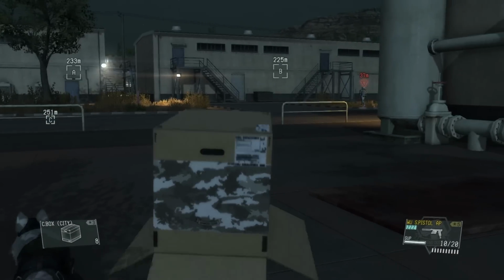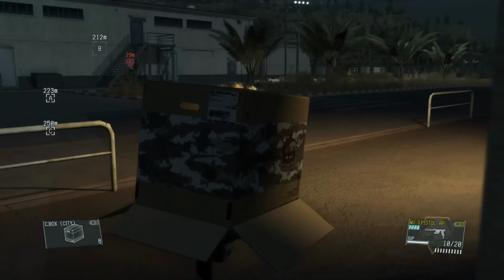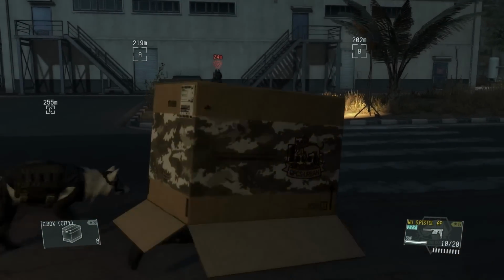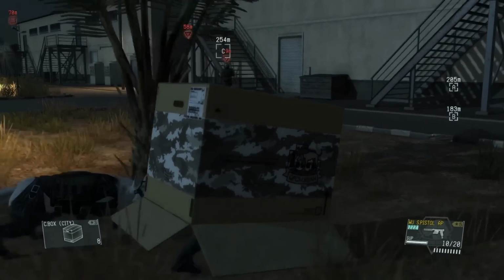And what we can do now is go and sneak up behind this guy. We're just going to do that as stealthily as we can inside the cardboard box. Then we're going to turn the cardboard box off, and CQC him so that we can get rid of him. And once we've got rid of him, we can head over to where we're going to listen to